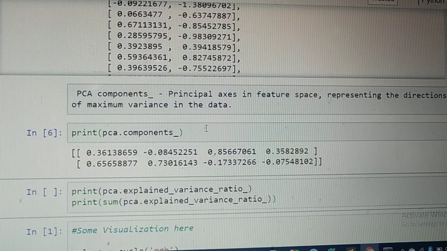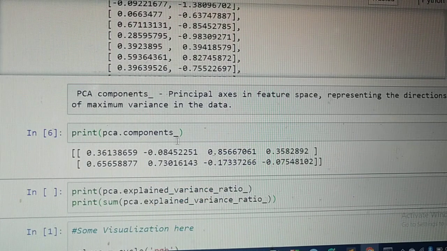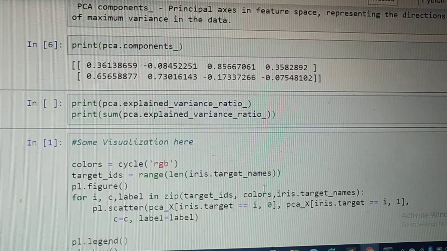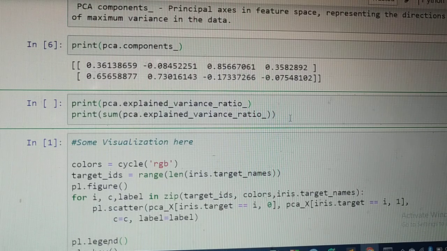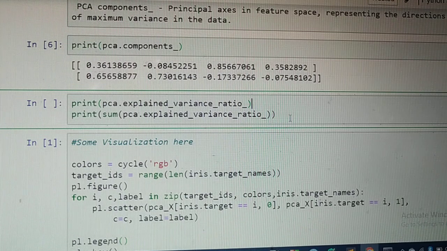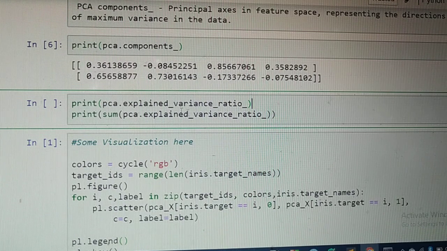When you print PCA dot components underscore, you get the value of your PCA components. Then we would like to find out, since we have taken only two components, what amount of variation of your data set is explained by having only the two components. So we will take PCA dot explained underscore variance underscore ratio underscore.